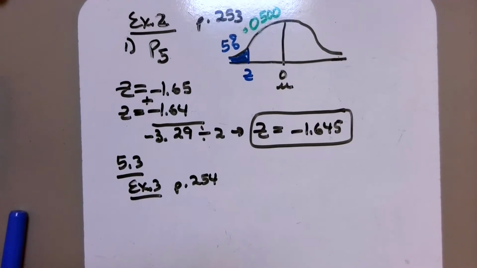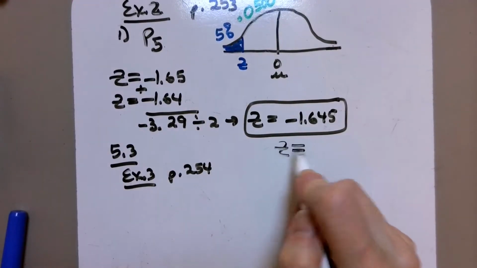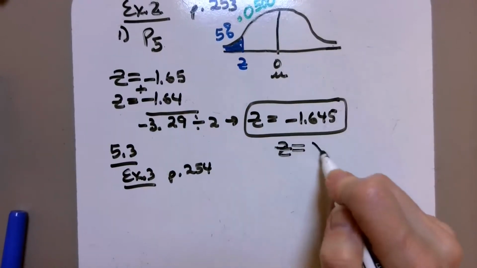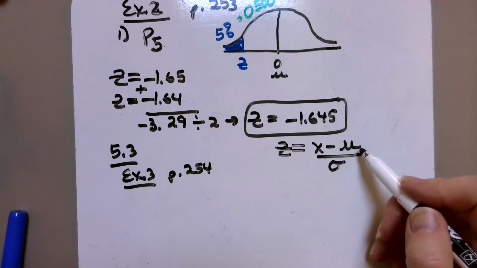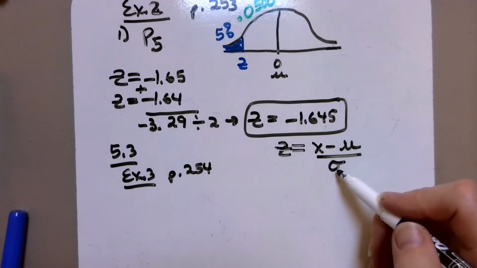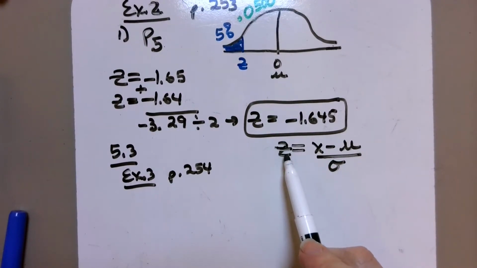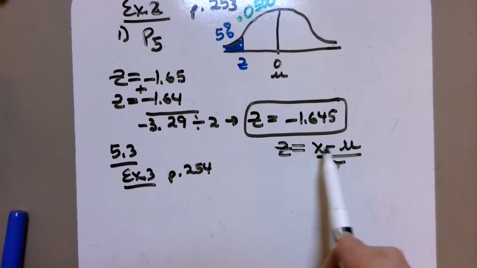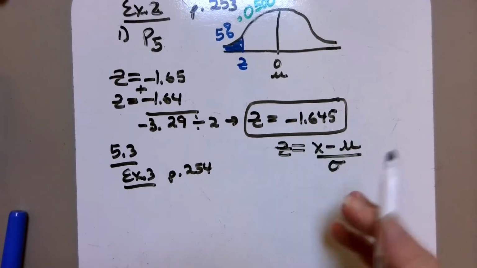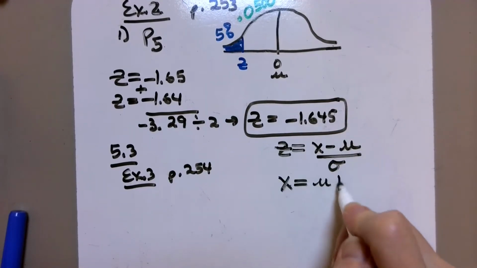So now we're doing the applied problems. Now that we know how to, given an area, find the z-score, we're going to apply this. So if you recall, we have a z-score formula that converts a data value x into a z-score: x minus mu, the population mean, over the standard deviation sigma. But sometimes we know z, because we've got an area and we've looked it up. We know mu, the population mean, and we know the standard deviation. What we want is x. So let's make our algebra a little easier, and we're going to resolve this formula: x equals mu plus